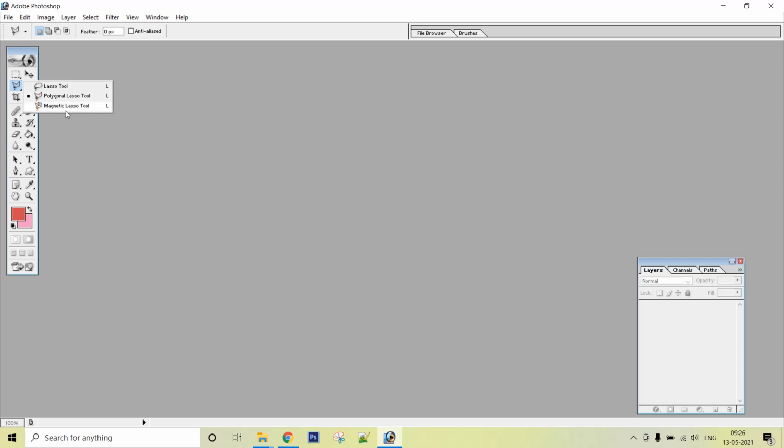And the magnetic lasso tool is again an edge detection tool. When you move around the object with this tool, it automatically snaps the selected outline to the edge and clings to it like a magnet. That is why the name is given to this tool as the magnetic lasso tool, and it is useful for quick selection of objects with complex edges set against a high contrast background.